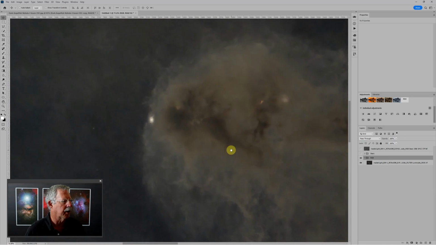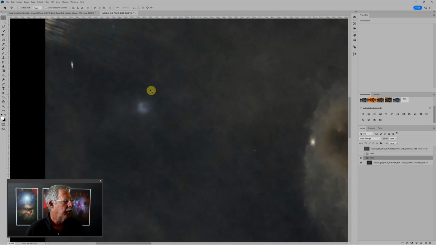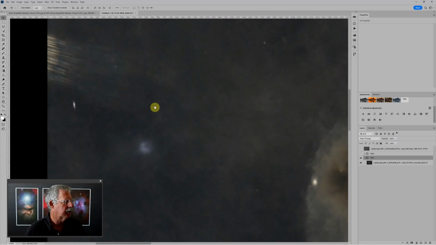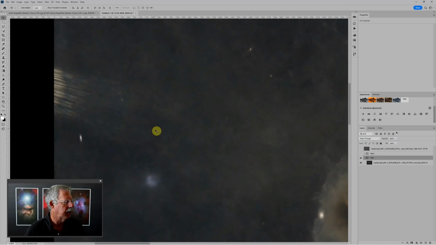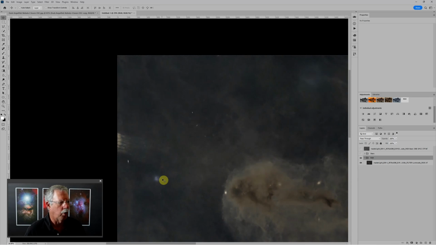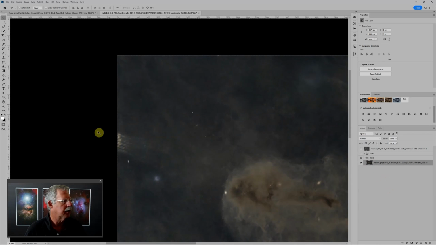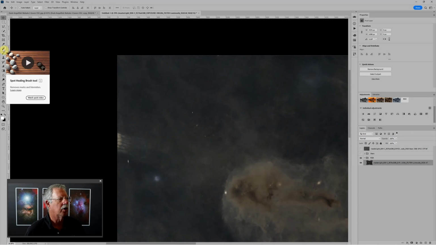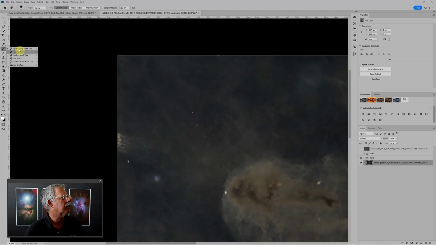Those aren't defects, those are galaxies. This is actually a defect. This is a galaxy, and then this is a defect. So these are not important areas, so we just want to get rid of them. And a good tool to do that, and this is fairly new in the newer versions, is this remove